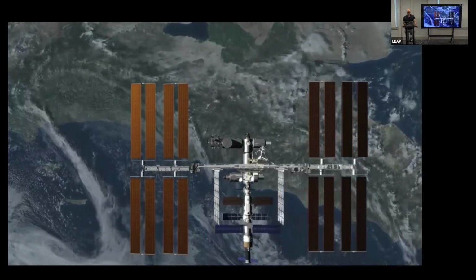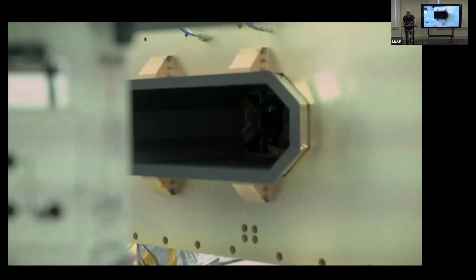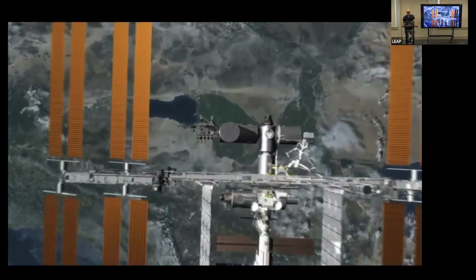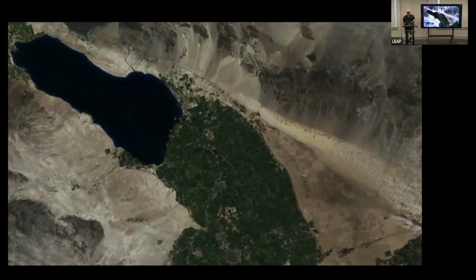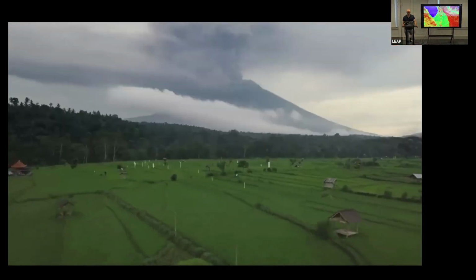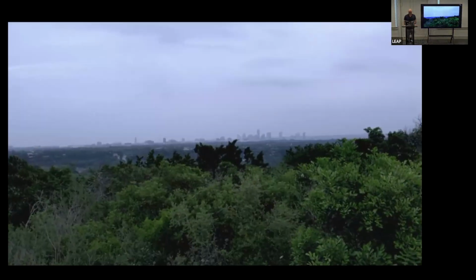The instrument itself is looking down at the surface of the Earth, and it uses a mirror that rotates to scan across the surface. This measurement's being made in microseconds, but it's enough time for us to measure the energy that's coming off it and then translate that energy into a temperature. The temperature measurements from EcoStress can detect volcanoes. We can detect urban heat from cities.